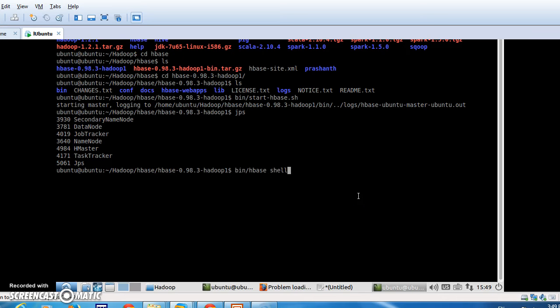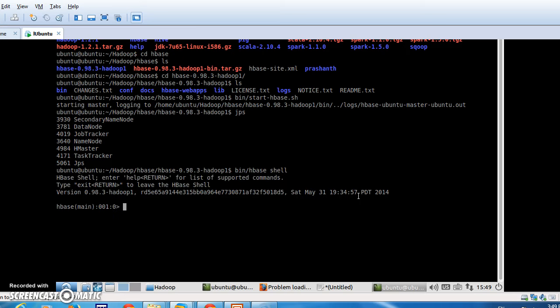So we can execute the HBase shell command. It's going to give a prompt for HBase. After this, we can go to Firefox, where we can see whether HBase is started or not. See here, the HBase prompt came, so we can execute whatever HBase related operations we want.